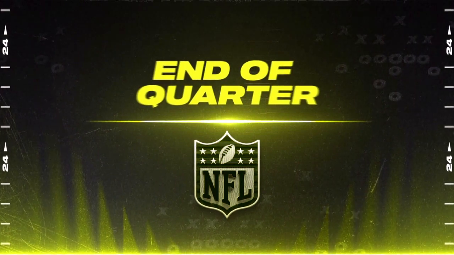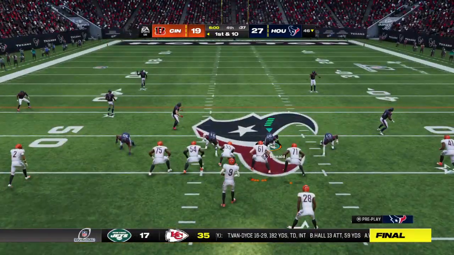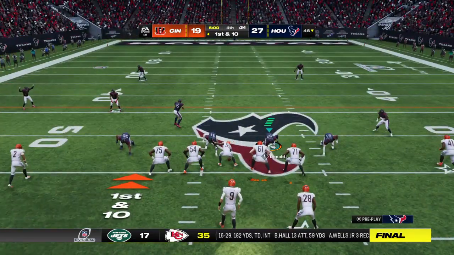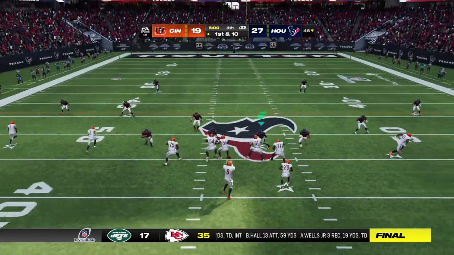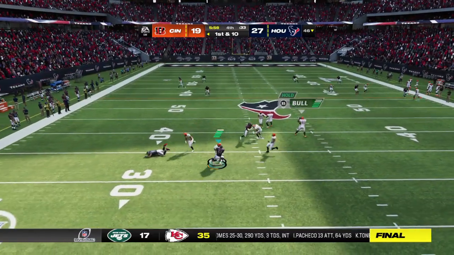One quarter remains for the right to advance to the AFC title game. This is the National Football League on EA Sports. Back now in Houston, it's the Bengals. They've got the football, but they trail here as we get...